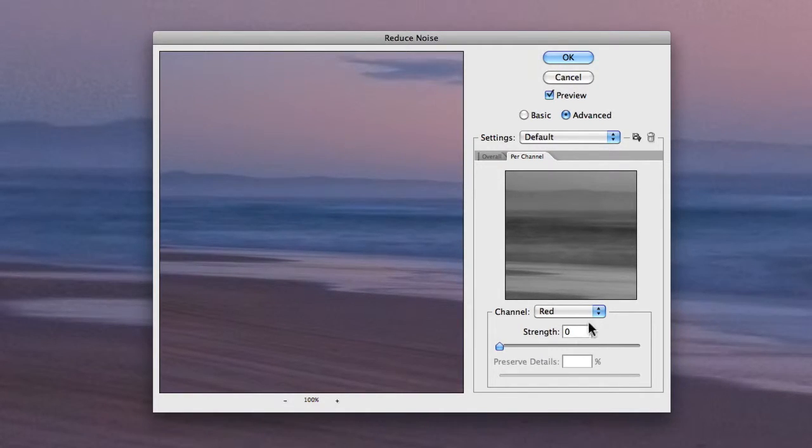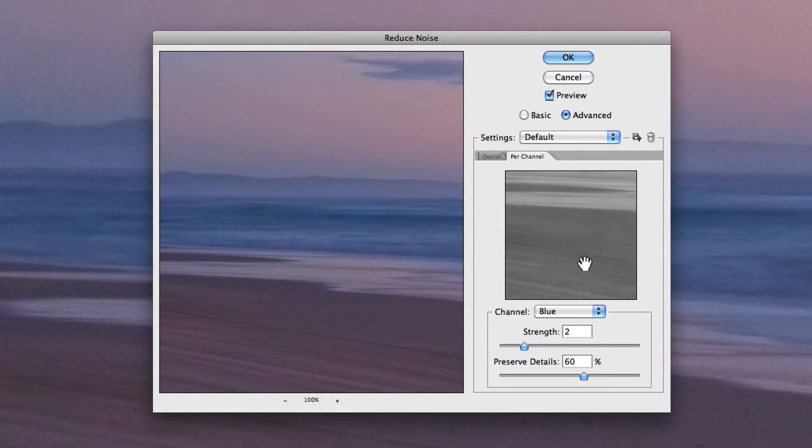So sometimes you'll find the blue channel can be very noisy, and even the red channel, because they're only getting 25% of the actual exposure in a Bayer sensor, whereas for green, there are 50% green sensors in the digital camera. So essentially the red and the blue channel are going to most likely have the majority of the noise in your image. So what you want to do is specify one and then adjust accordingly,